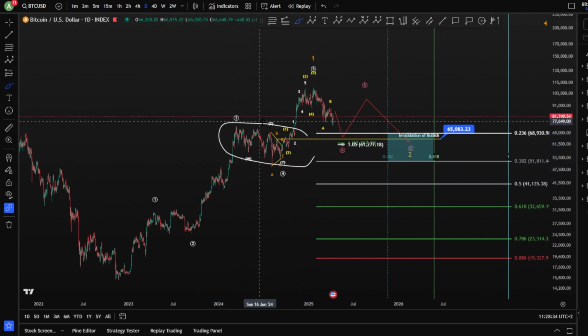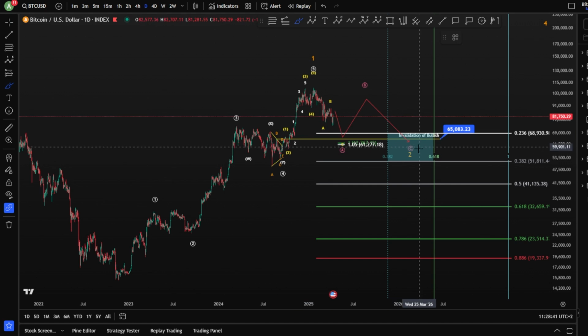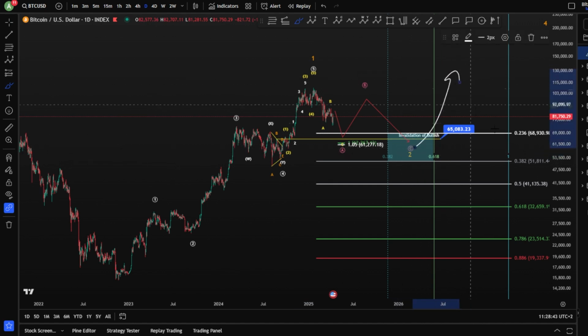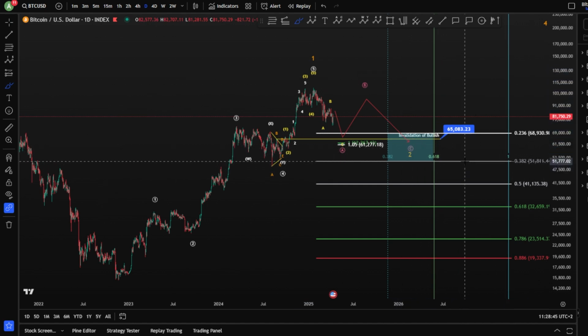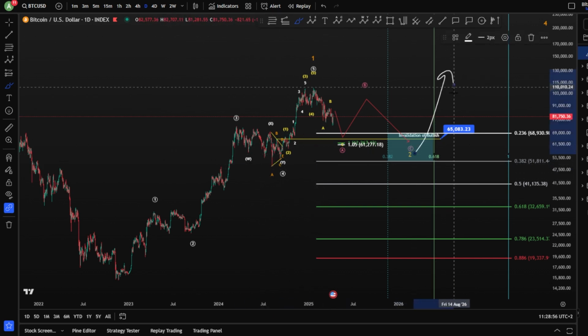Don't forget that you have a very strong technical support here, which of course will help the wave 3 to unfold toward the upside without even reaching the 0.38. Potentially, if we reach it, that would be perfect anyway. Of course, you still hold over this stronghold support here, and then you might move toward the upside.